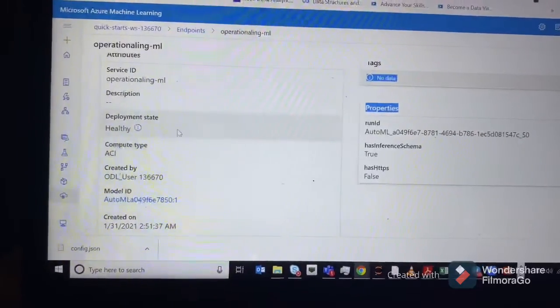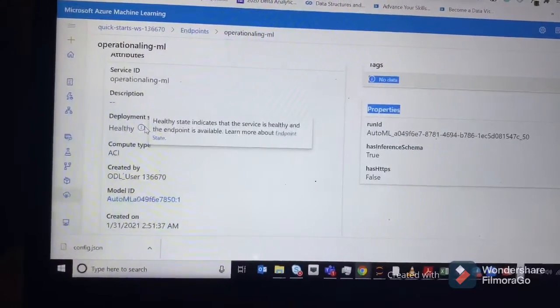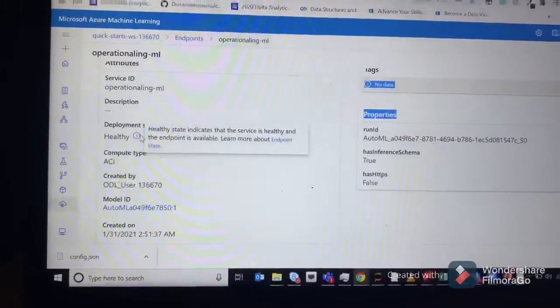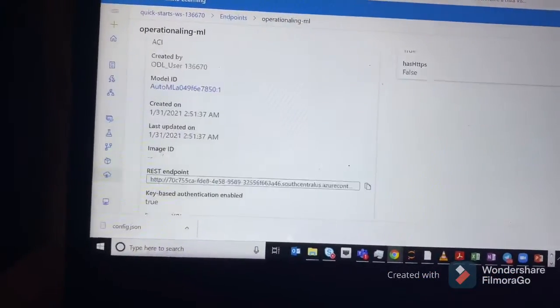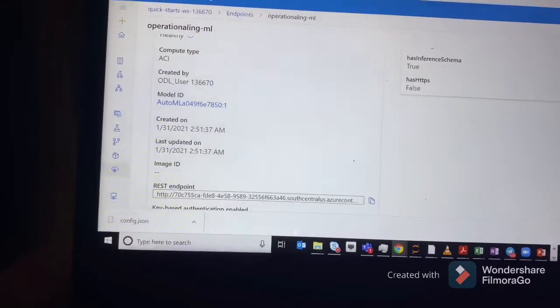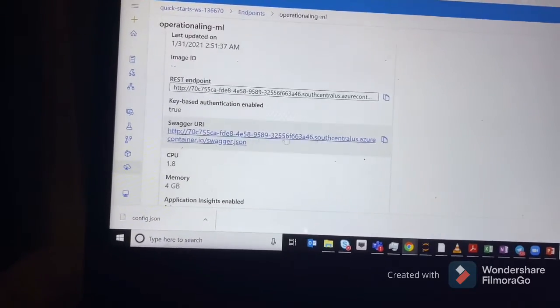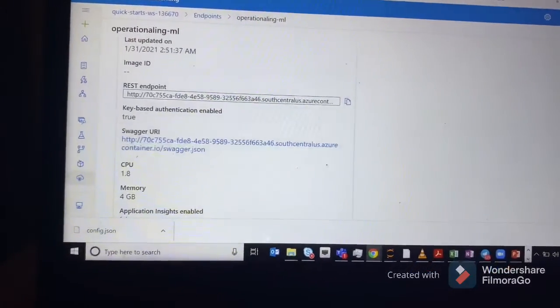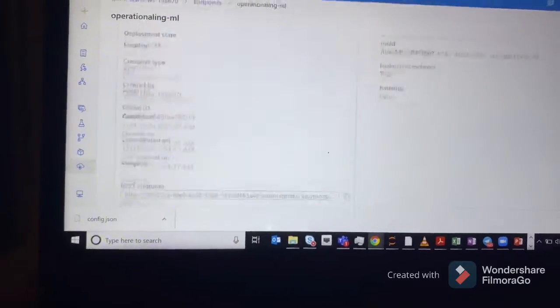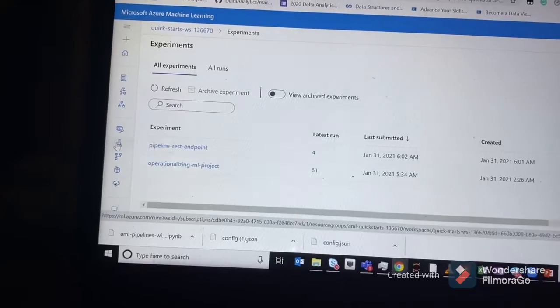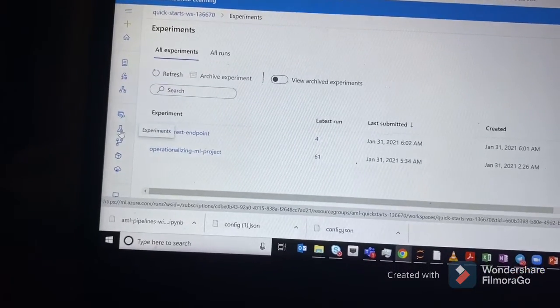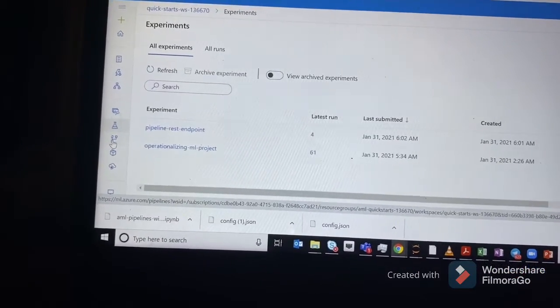As you can see now, the state indicates the service is live and the endpoint is available. And this is what the Swagger URL, which I'll be consuming later, looks like. Now, after deploying and from the experiment, if I go to my pipeline,